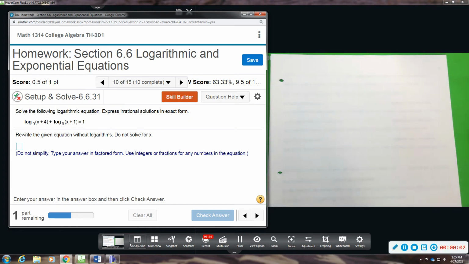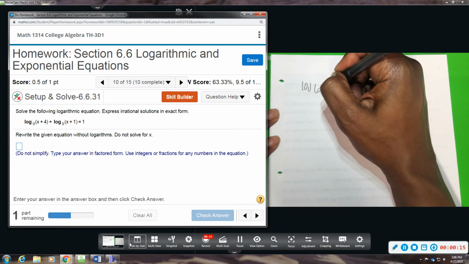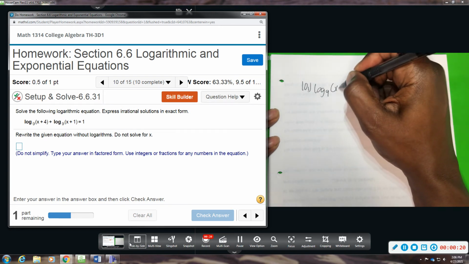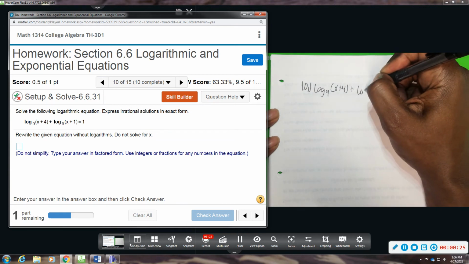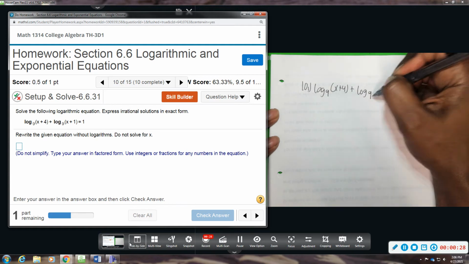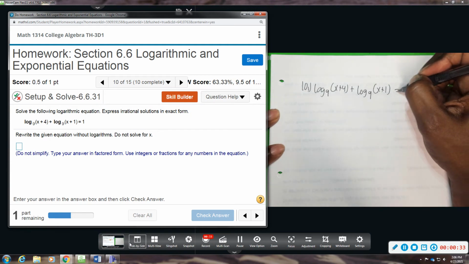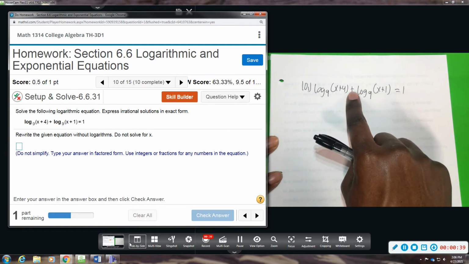All right, number 10, we have two parts. We're going to rewrite the expression without logs, and then we're going to solve it. So we start out with log base 9 of x plus 4 plus log base 9 of x plus 1 equals 1. All right, so property of logs, if we're adding two logs with the same base, we can write